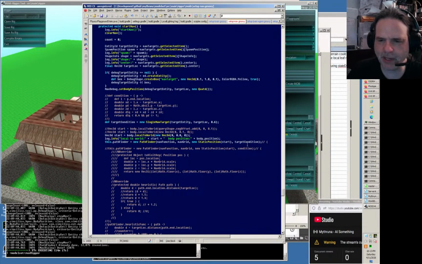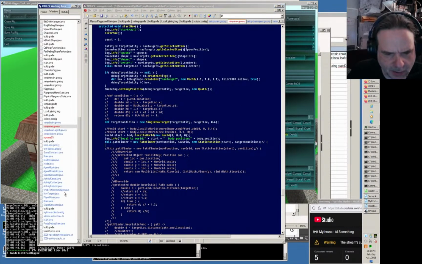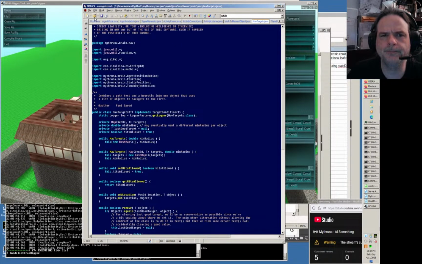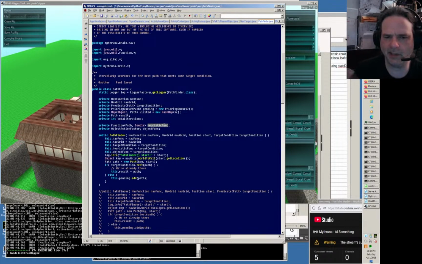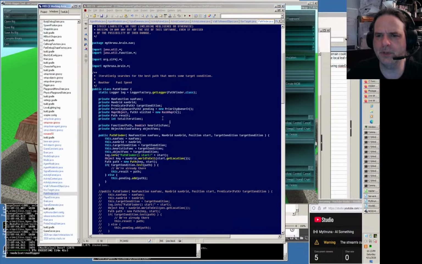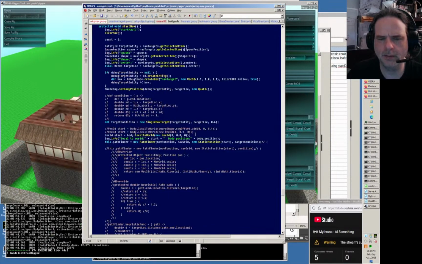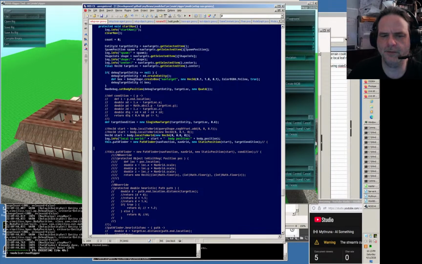I think that Pathfinder can have its heuristic function reset now. I just have to remember where to go. There we go. Alright, so it has a heuristic func that it can have reset. And so we shall. Yeah, for testing,